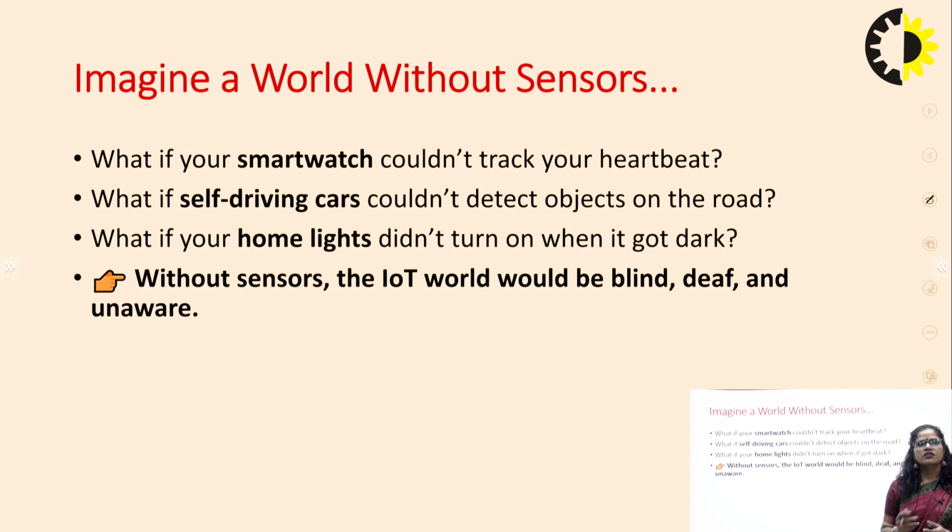And next, the example of home lights. At your home, you have an IoT environment. Then how would your lights go on and off without sensors? So this is the basic requirement of sensors if you are implementing or taking advantage of IoT infrastructure and technology. This is the world of sensors. That's why it is mandatory to understand it, right?